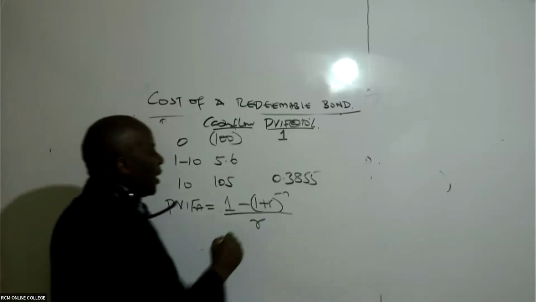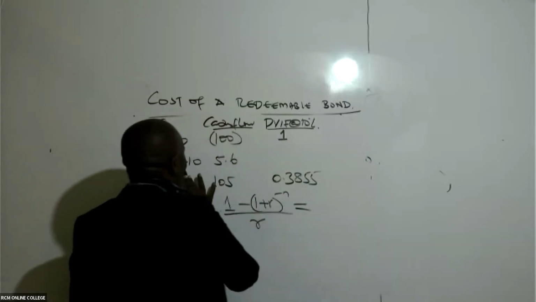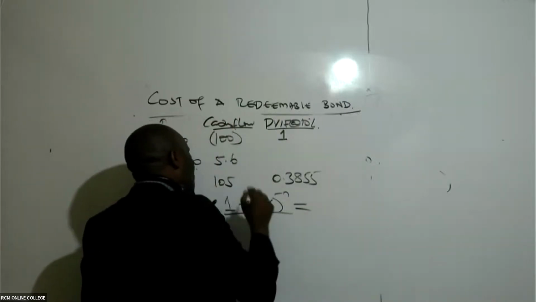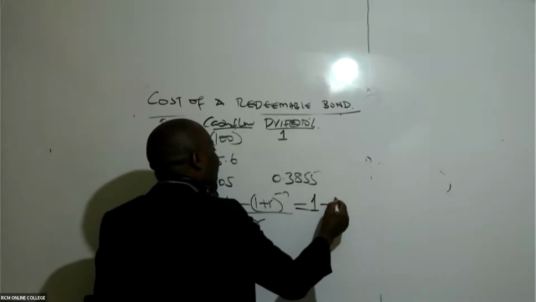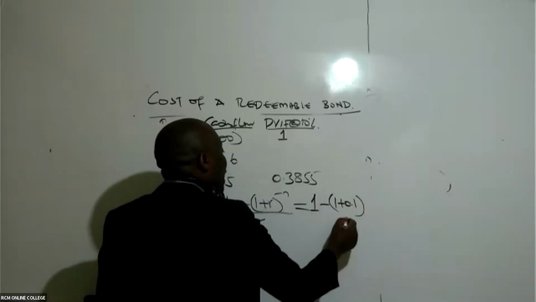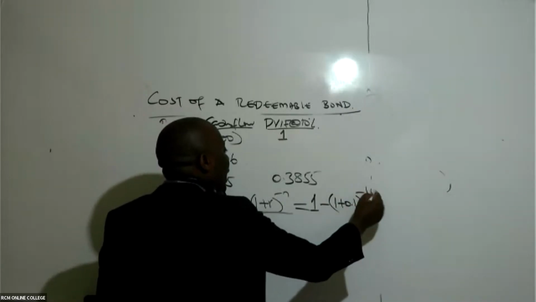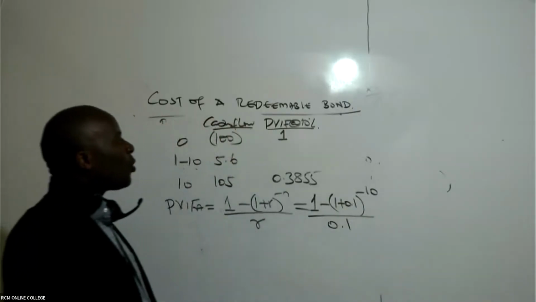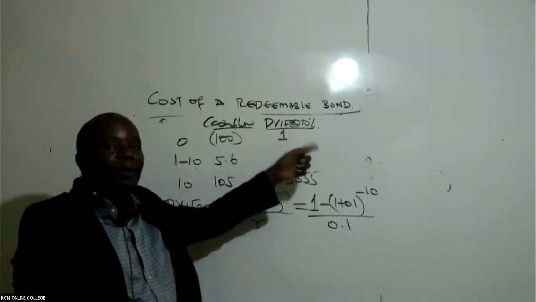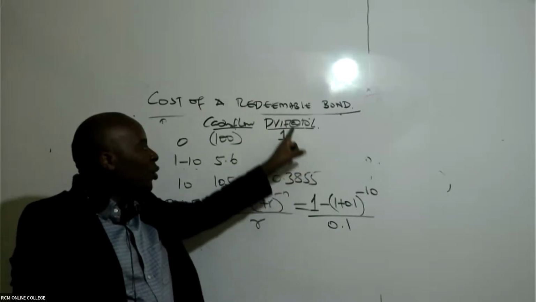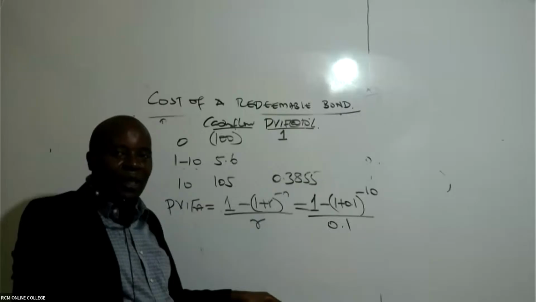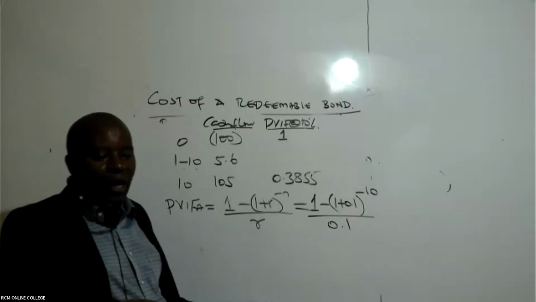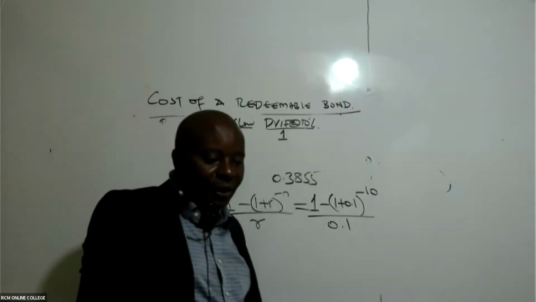So then this one here, because we want years 1 to 10, I can see an annuity, I can see uniform. So it will be 1 minus 1 plus 0.1 raised to negative 10, everything to be divided by 0.1. Remember, later on I'll be showing you that whenever you have 10%, which is a very good figure, this one must be on the tables. We have some discount tables.